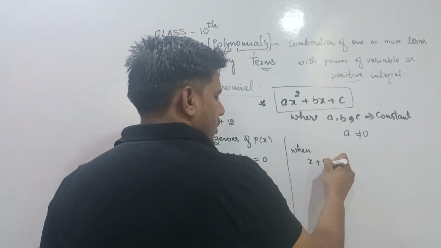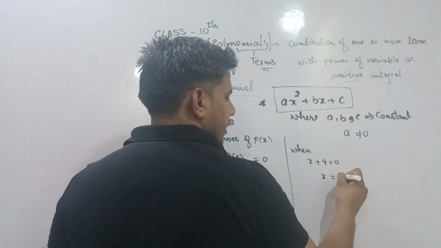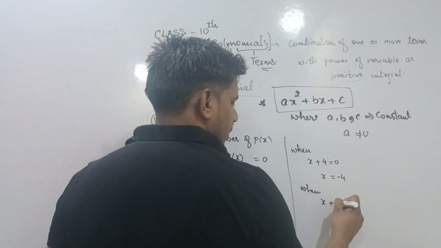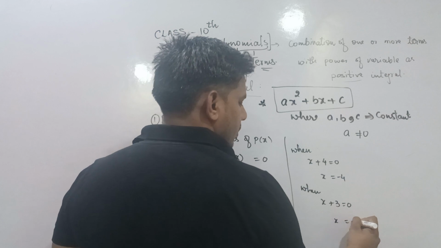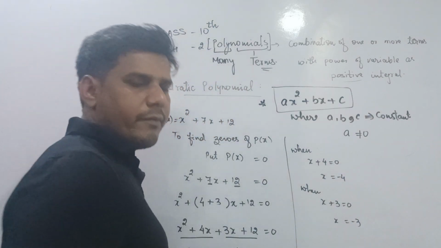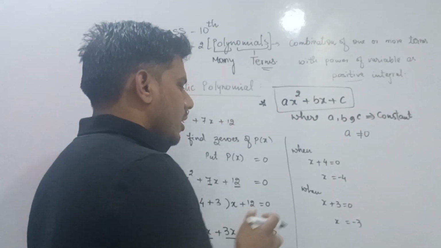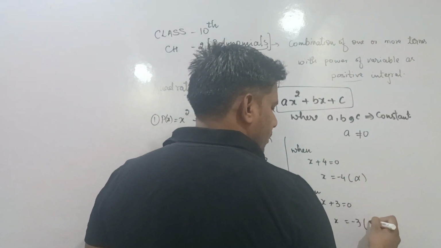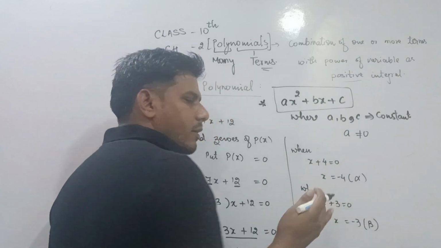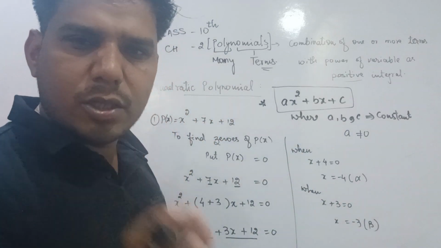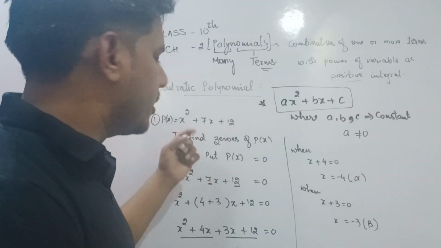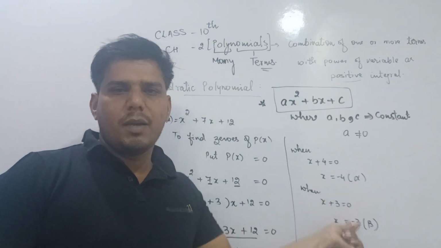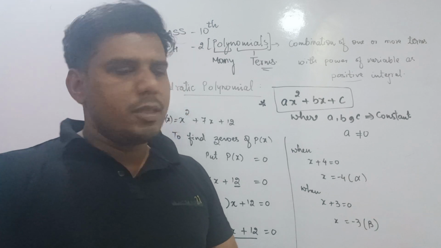तो हम बोलेंगे, when x plus 4 is equal to 0, then x will be equal to minus 4, and when x plus 3 is equal to 0, x is equal to minus 3। तो यहाँ पर हमें दो जीरोज मिले हैं, वैल्यू ऑफ x दो मिले हैं, एक है माइनस 4 और एक है माइनस 3। इनमें से किसी भी एक को हम अल्फा और सेकंड को हम बीटा बोल सकते हैं। अल्फा एंड बीटा आर जस्ट द नोटेशन फॉर द जीरोज ऑफ पॉलिनोमियल। If we have quadratic, if we have cubic polynomial then we will take zeros of polynomial as alpha, beta and gamma. I think it is clear.